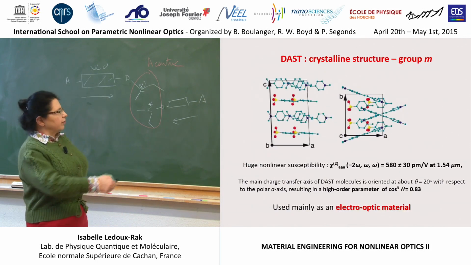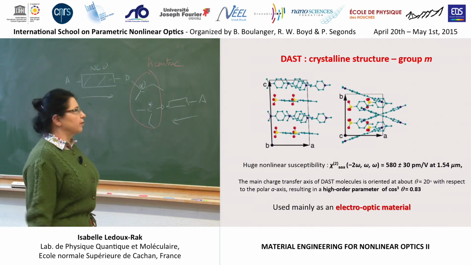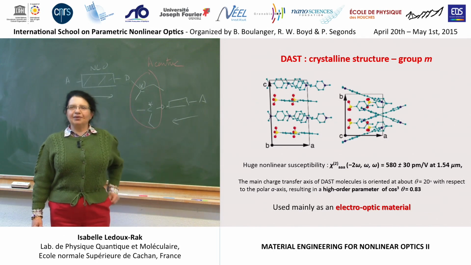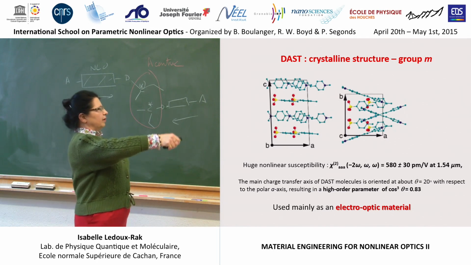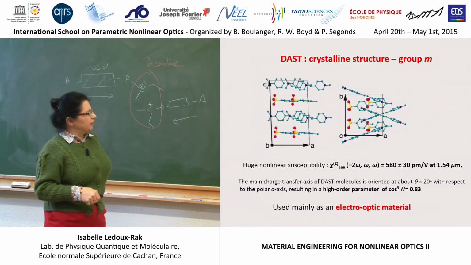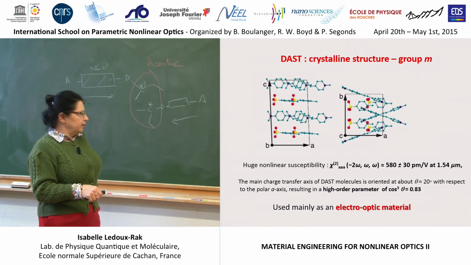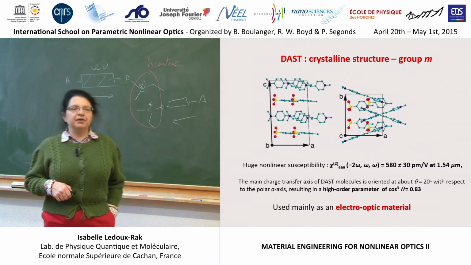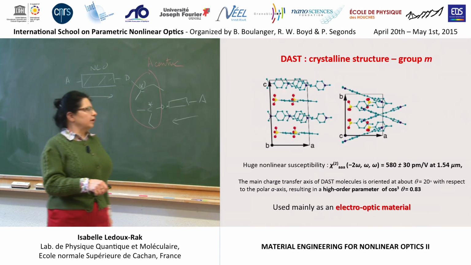The crystalline structure is not optimized for second harmonic generation, and you can see from the colors that if we want second harmonic generation, it will be limited to red and infrared. But molecules are relatively parallel to each other. The angle between molecular planes is only 20 degrees. And the highest nonlinear susceptibility is the diagonal Chi2, which cannot permit phase matching, but can be used for electro-optic applications.